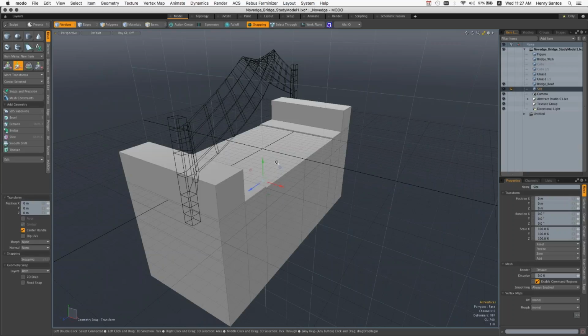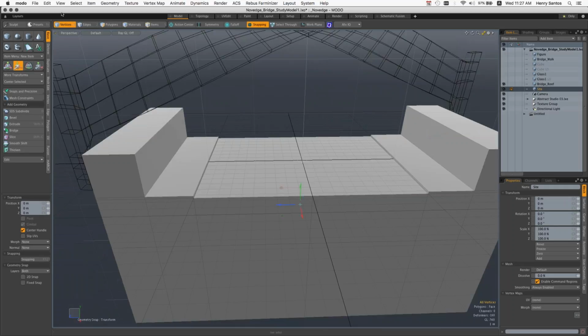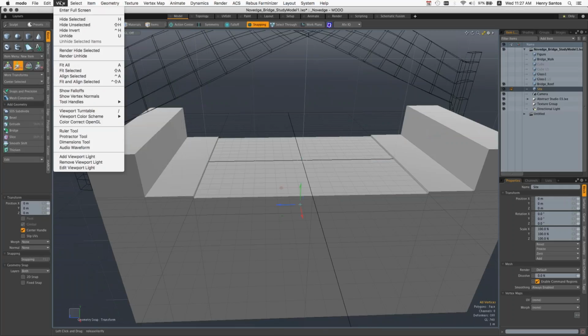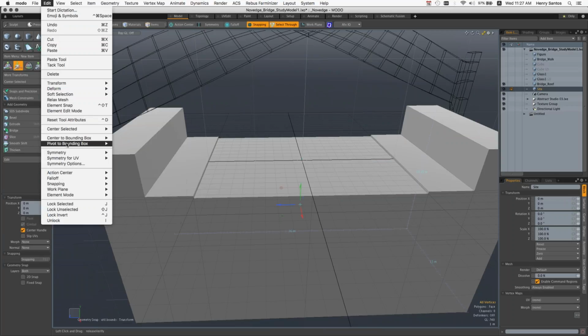So now I have my site here. So we have an existing site, and one of the cool things for ArchViz and design is working within measured parameters. So if you notice here, there are tons of tools here. There are a lot of tools to do cool stuff and get yourself in trouble, but let's not get ourselves in trouble. Let's do some cool stuff. So I like using this dimensions tool. That's a toggle